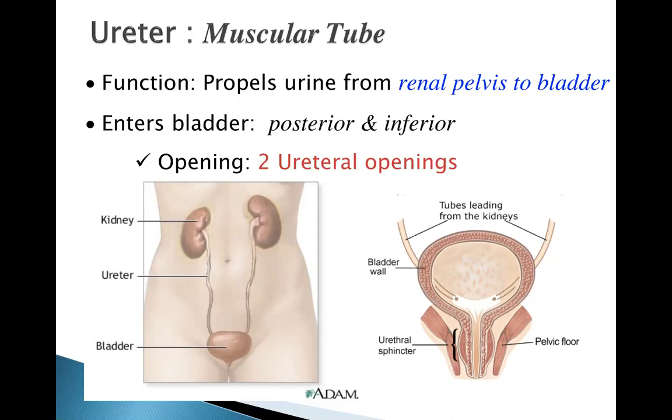down. You see in the back of the bladder here are the 2 openings for the ureters. We call these the 2 ureteral openings. It's really important to recognize those because the 2 ureteral openings form the corners of what is a triangle called a trigone here. Inside the bladder, we're going to notice it's actually really rough, and just like the stomach, which is going to store food that we eat until we can move it into the small intestines, urine is going